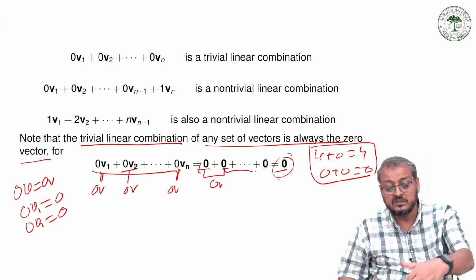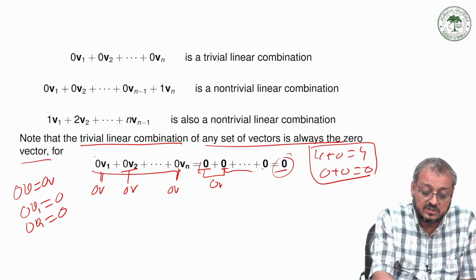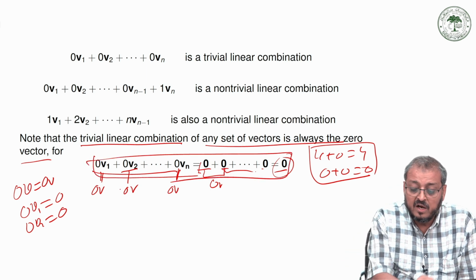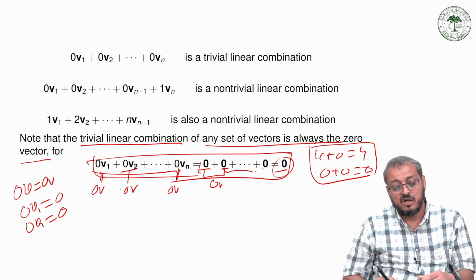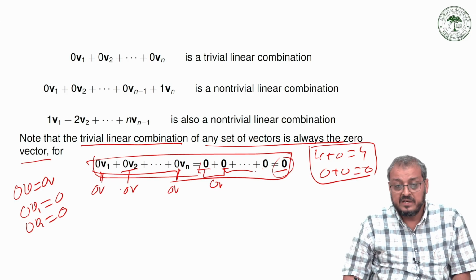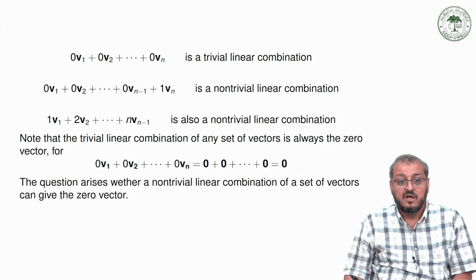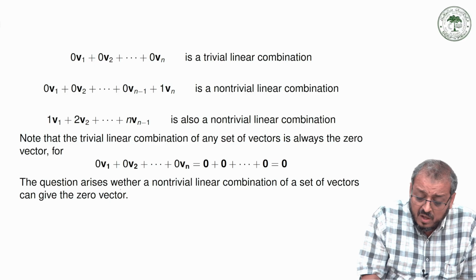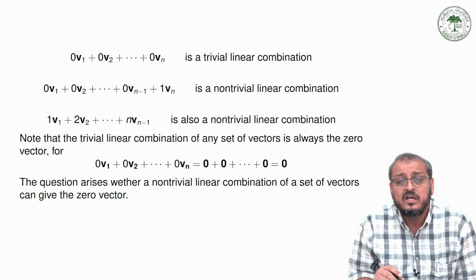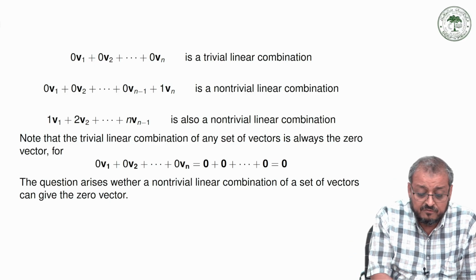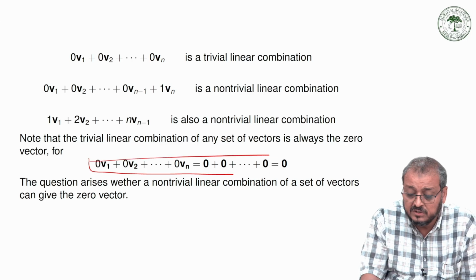This is a very important concept, because in this form we can introduce the concept of linear independence of a vector. So, before defining linear independence of vectors, the question naturally arises,